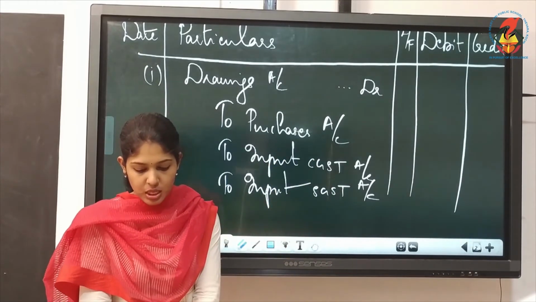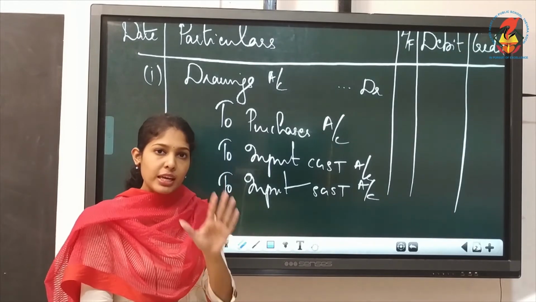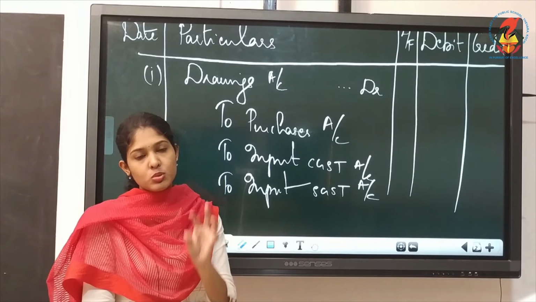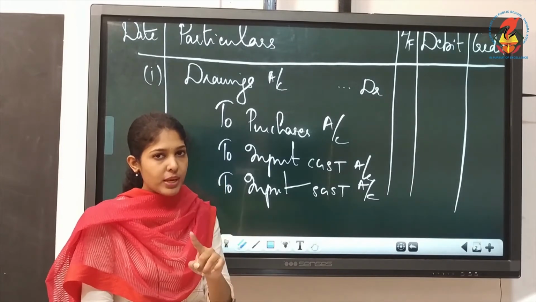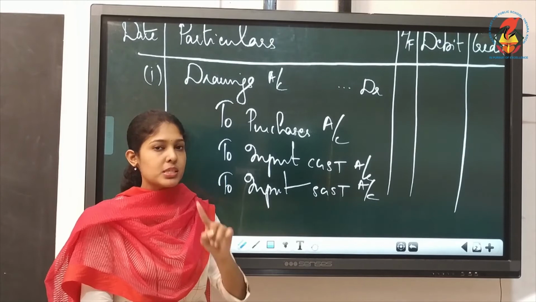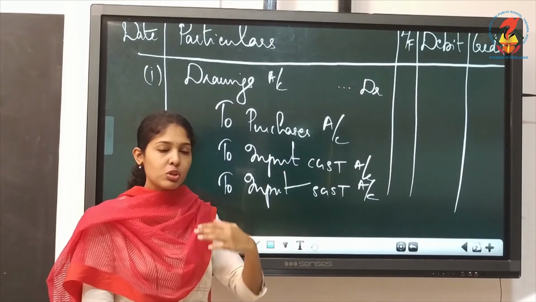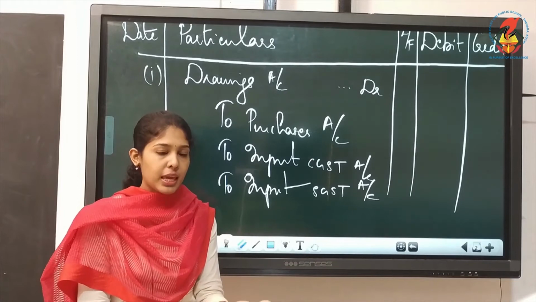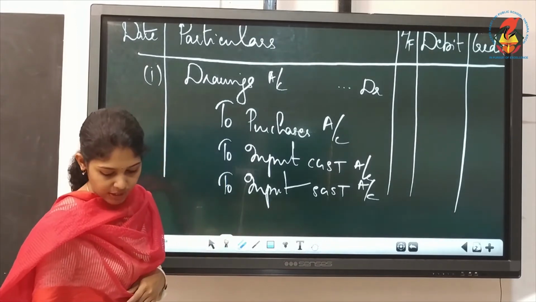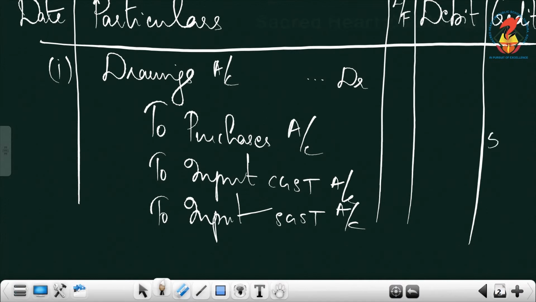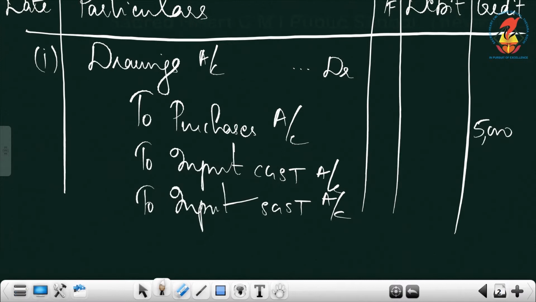Now we'll write the amounts. Goods costing 5,000. So that 5,000 is the value of goods. Where should we write that goods value? Always you must remember, goods value must come against purchases, or if you are selling the goods, it must come against sales account. Understood? So that 5,000 we have to write against purchases. Now on this 5,000 you can write 9%. So it is 450 each. So altogether, on the debit side, just add these three and write the total.